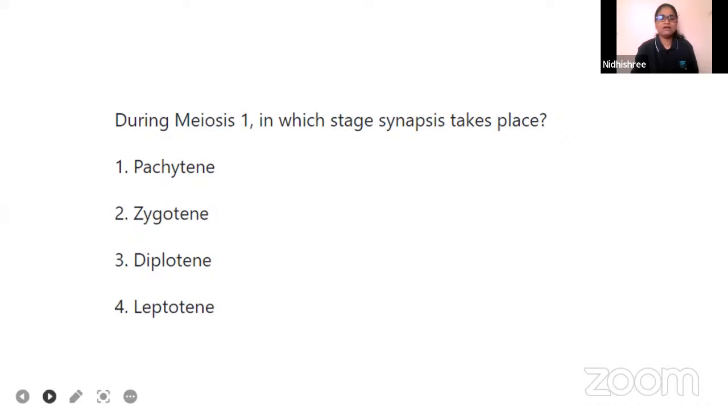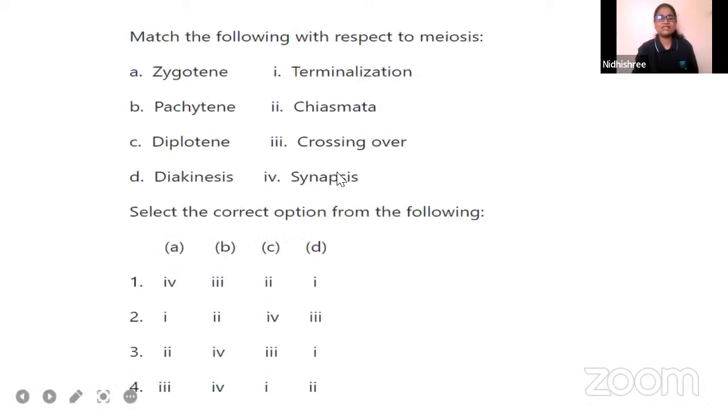Gurusid, option B. The right answer is option B, that is zygotin. What happens in zygotin? Synapses happens in zygotin. In pachitin crossing over happens. Diplotin, chiasmata. Diakinesis, terminalization. Next,